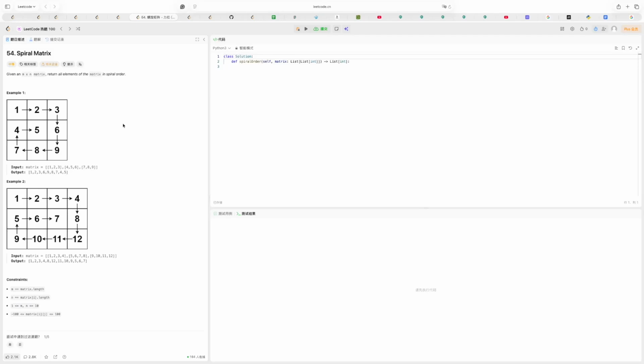Hi, this is number 54, spiral matrix. Given an m by n matrix, return all elements of the matrix in spiral order. Okay, so it must start from index matrix[0][0], and when it will first